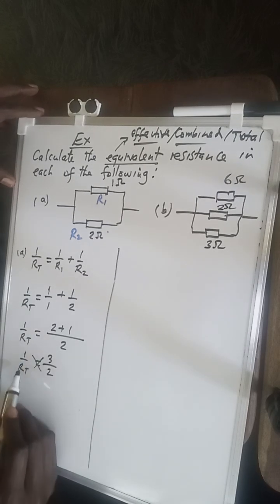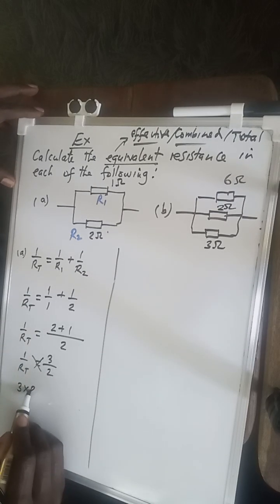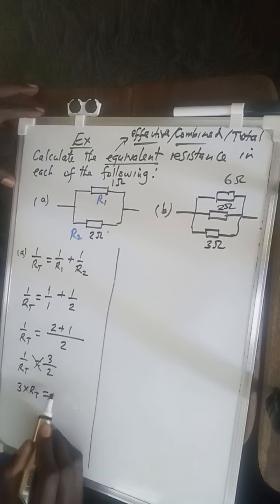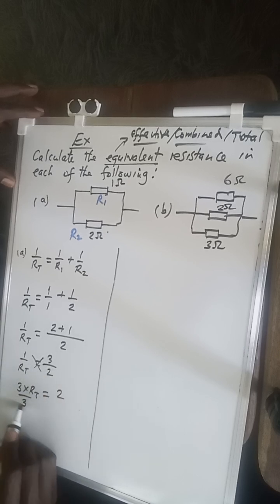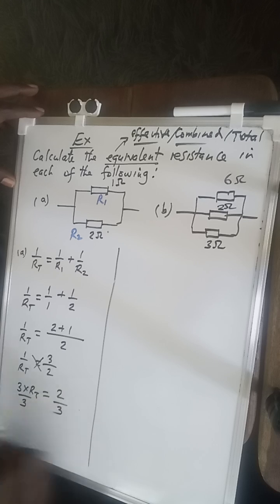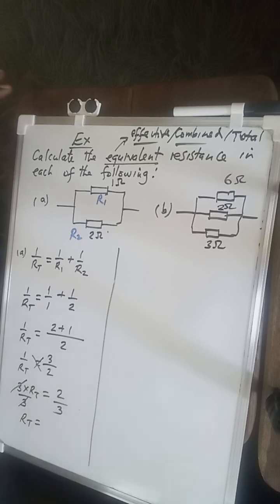Next, you cross multiply. This times that will be 3 times R total is equal to 1 times 2, which is 2. To find R total, I'll divide through. What I do to this side, I'll do to the other side. So R total is 2 divided by 3, which to two decimal places is 0.67,